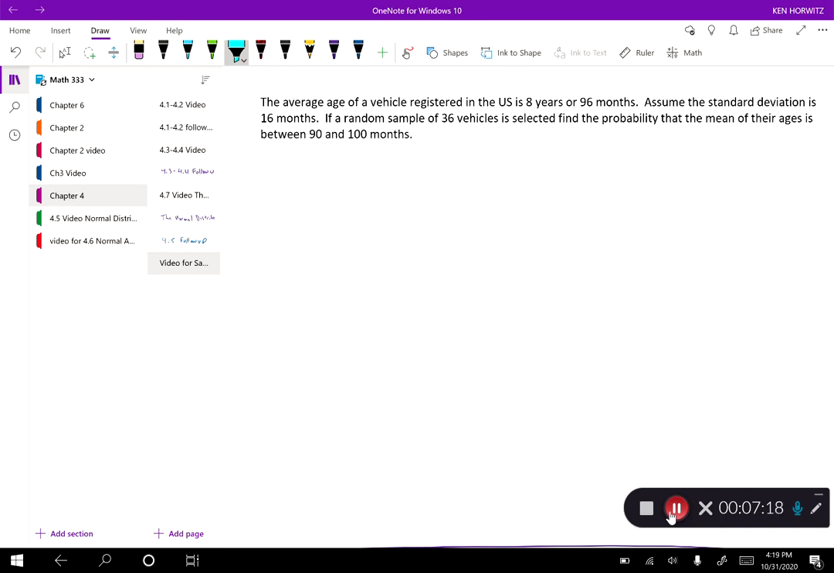All right, so two things that I want to point out right in the problem is that we're talking about a random sample of 36 vehicles. So with our normal distribution, we're always saying, if we draw one randomly selected vehicle, randomly selected person, then we did our regular normal distribution stuff. This problem's slightly different. It's talking about if we draw a random sample of 36 vehicles. The other thing I want to point out is that our sample size is 36, which is greater than or equal to 30, which means that we can use our central limit theorem